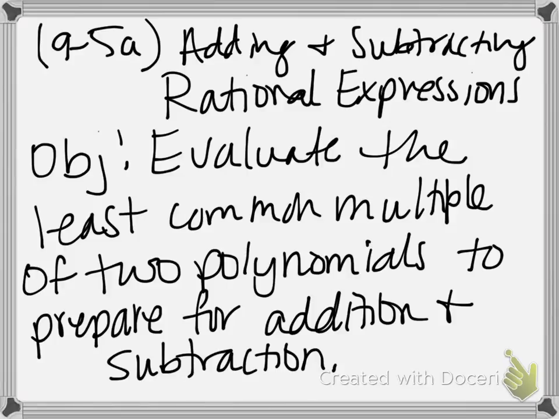So with this, all we're doing is we're finding the least common multiples. So we're going to look at it with just regular numbers and then with the polynomials, just to get your feet wet with it all. But again, this is to prepare you to be able to add and subtract. So it's a little bit of a brain shift from what we just recently learned, but it still is related to it. Okay? And different kinds of problems can be found on page